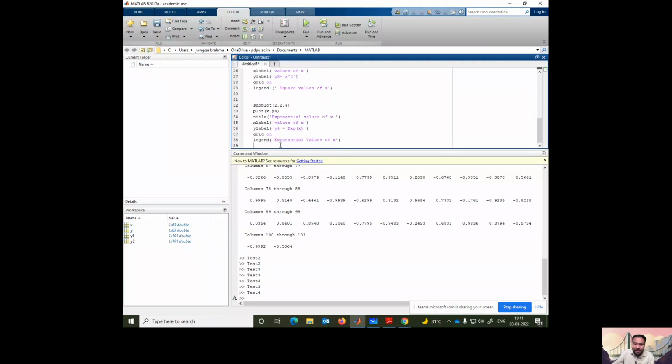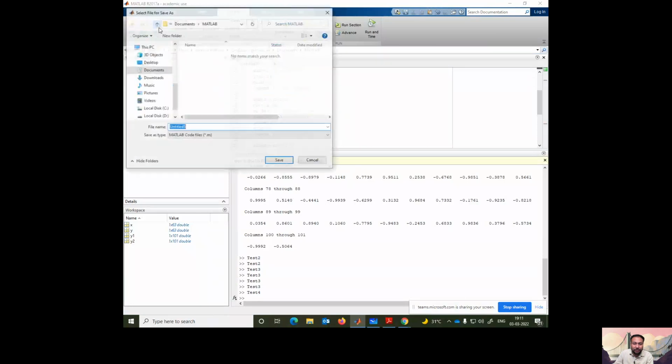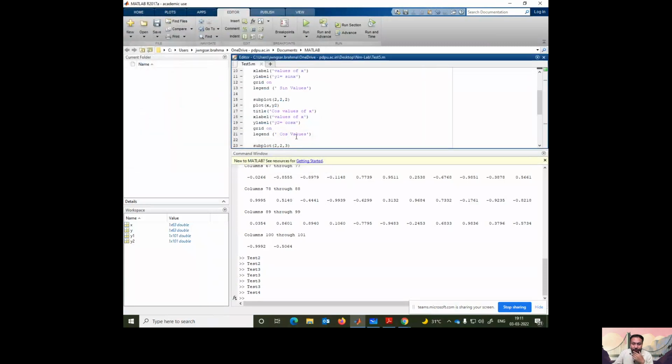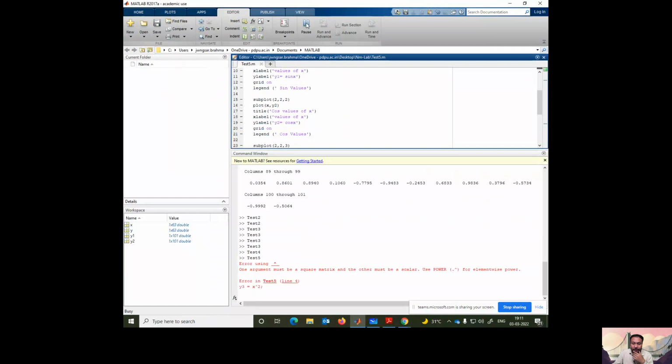Now I can put the axis here also. If you want to put the axis here, again, I can put some red line, green line. Suppose I want red, green, everything I can put, but it will take automatically. Now just try to save it and try to run it. Test 5, numerical methods. I want to run it. So now if I run it,